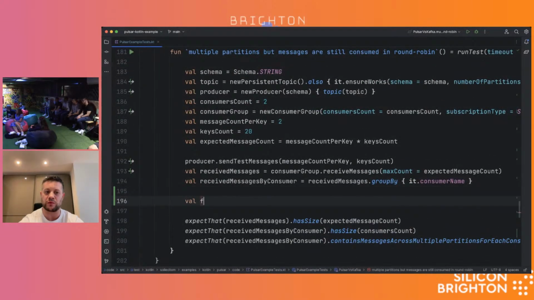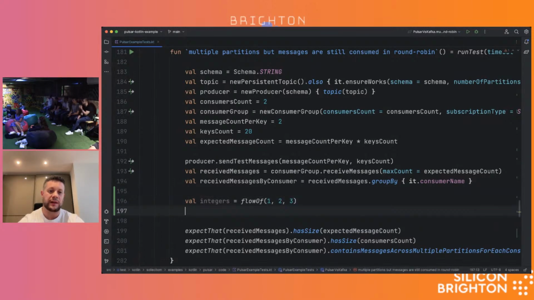All right, so as an example, one of the differences, I don't have Project Reactor, but just to show you what I mean, right? So as an example, if I create integers, let's say, as a flow of 1, 2, 3, right? One of the big differences is that if this was a Flux or an observable, you would have this double behavior. I don't know if you guys remember about this, right? This map or flat map.